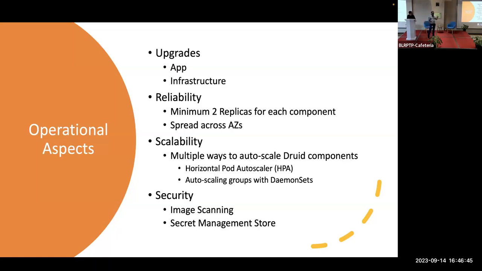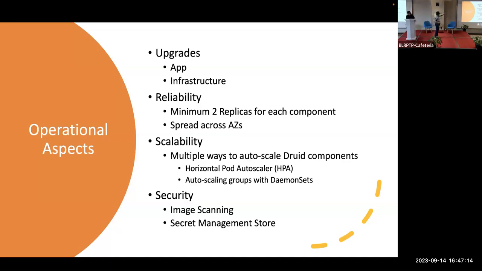And the PDB is most required whenever you're doing an infrastructure upgrade, because most of the time you don't want to sit with the infrastructure team. Being a Druid application team, you don't want to sit with the infrastructure team during their upgrades. If we keep all these things in the picture, we don't have to worry, because we have already configured it in such a way that only one pod will go down and the rest of the pods will always remain up. Right?